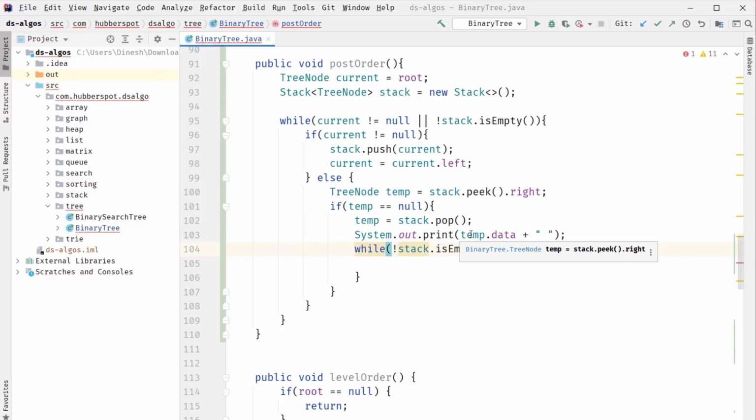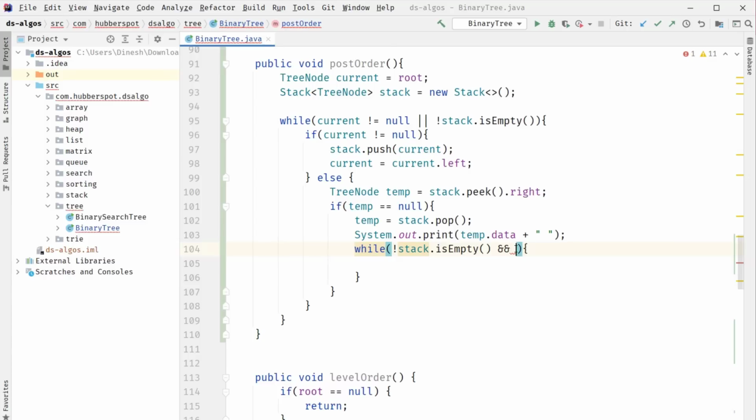So there are also now two conditions coming up here. If the temp is on the left side, then we know that we need to go to the parent's right now because we have visited the temp here. But if the temp is on the right side, then we know that once we have visited the right side, we can simply visit the parent.